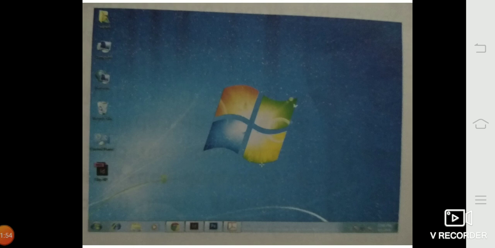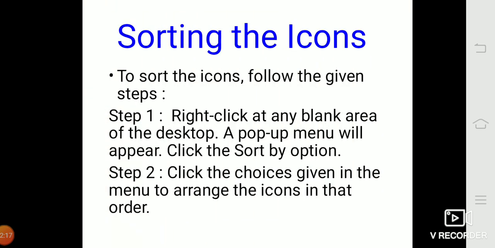Desktop is the first screen that appears when you turn on the computer. On the desktop, there are small pictures which represent different programs. These are called icons. Some commonly seen icons on the desktop are computer, recycle bin, my document, network, etc.